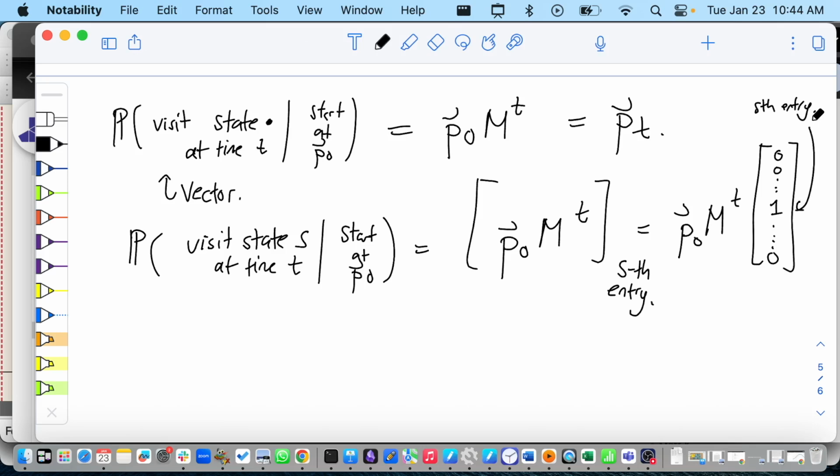Okay. So all sorts of ways to get the thing. I'm going to use this way to write it. So I'm going to take the p0 m to the power t and I'm going to multiply it by this vector, and you're going to see why I like this way of writing it in a second. But okay, before we go any further, any questions or comments about the notation?